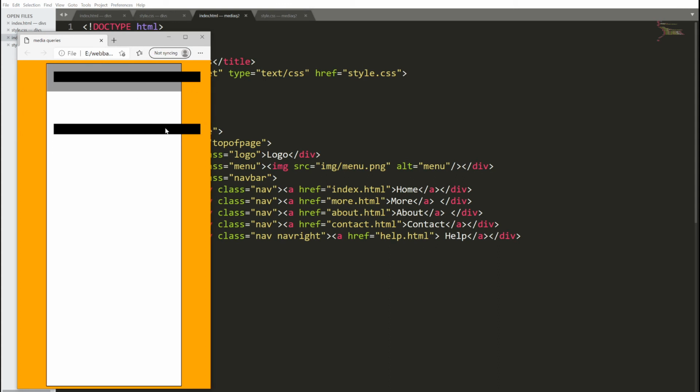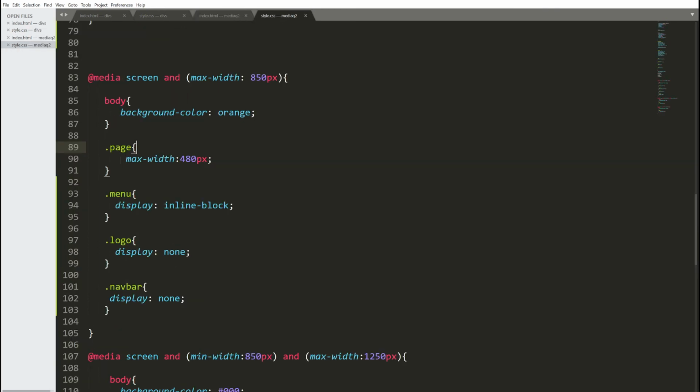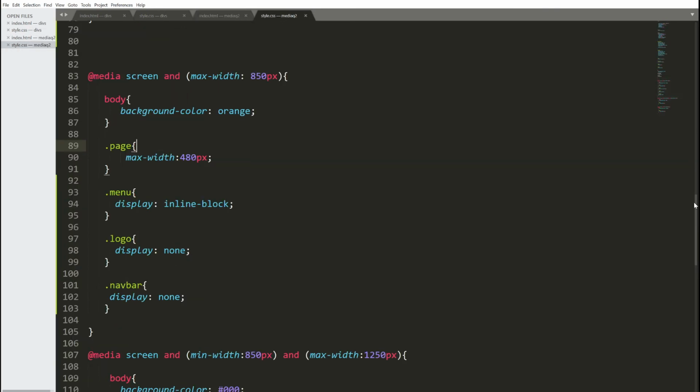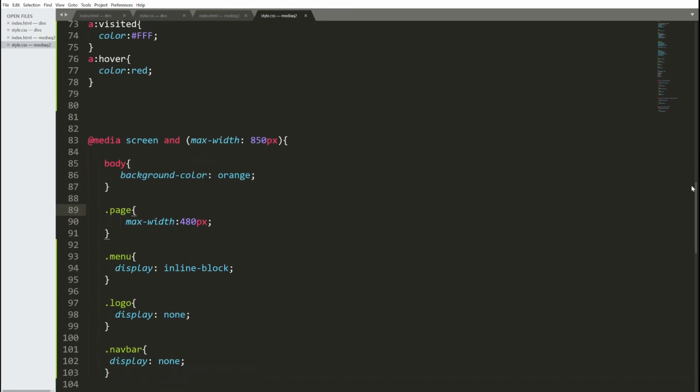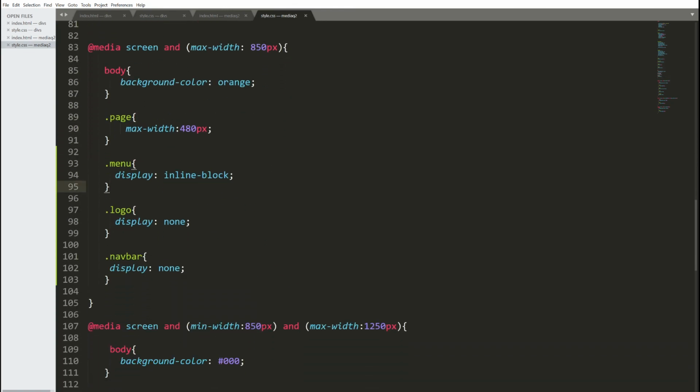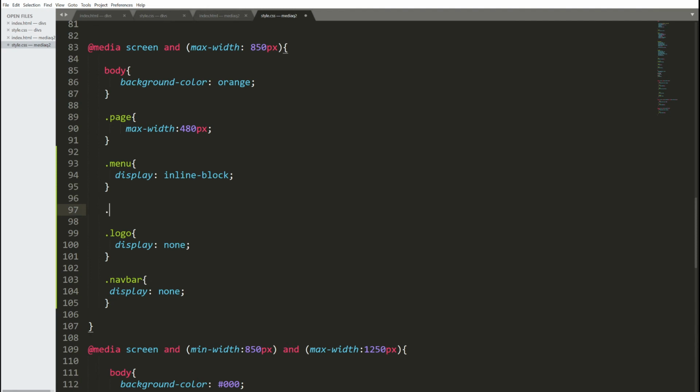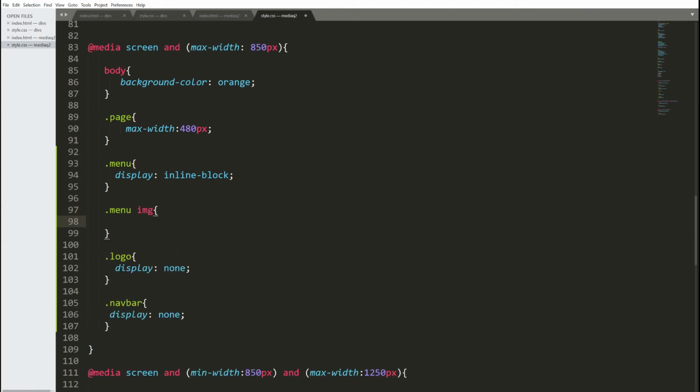Why? We have to control the way this image looks, but at least we're seeing an image. So the next step is to define the way this image looks. I could define it up here, or I could define it within the media query. I think I could define it within there because the menu is hidden otherwise. This is how I'm going to control the image. I'm going to use the same class of menu, anything that has the menu class attached to it, look for any image tag and do something with it. What I want done is to make the width 80 pixels